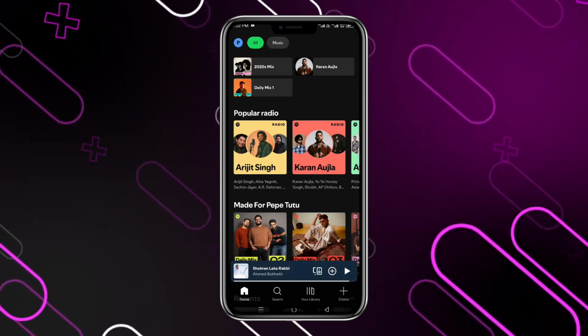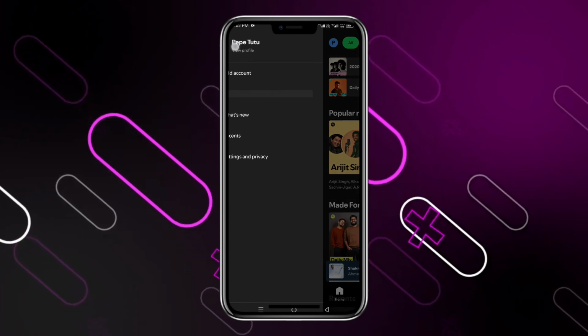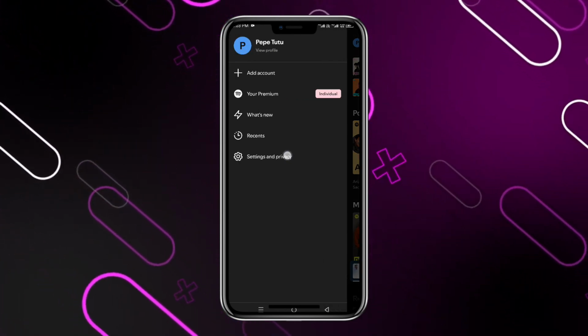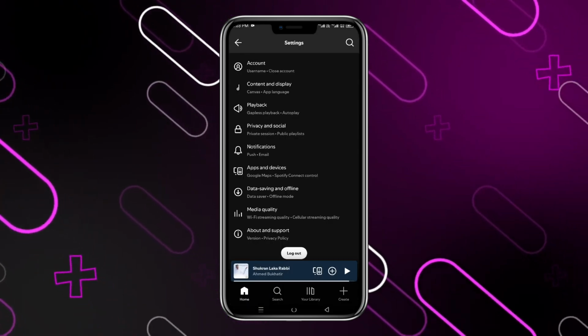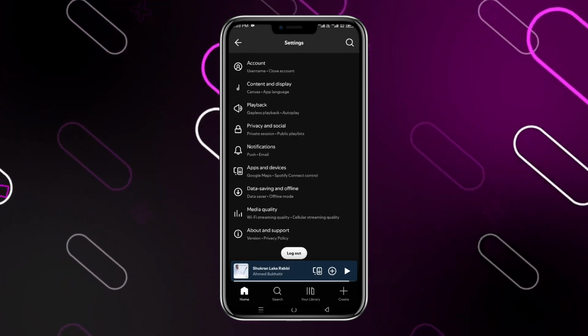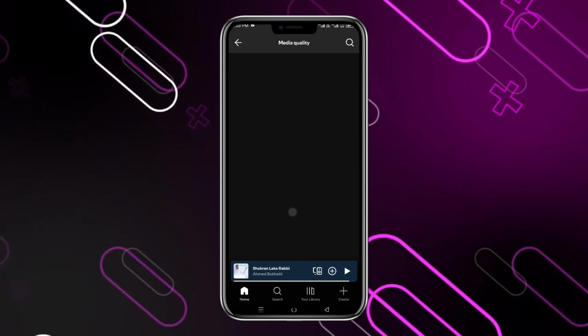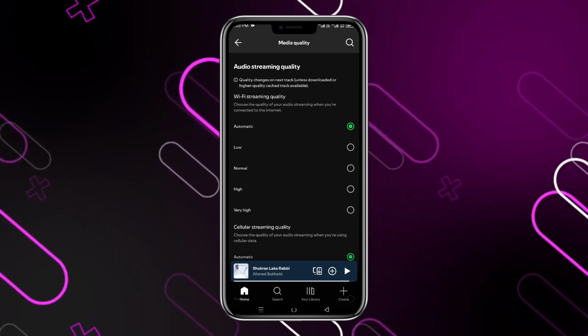On the left side, you will see your profile icon at the top. You have to simply click onto your profile icon and then click on settings and privacy, which is the last option. Simply click onto this option, then you have to click onto this option, which is the media quality. Click onto this option, and after that, you will get this option audio streaming quality, and within that you will